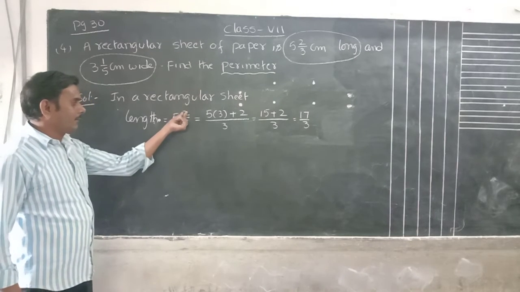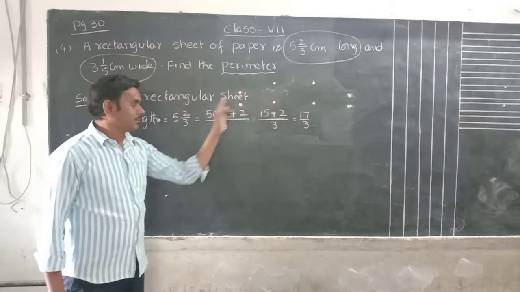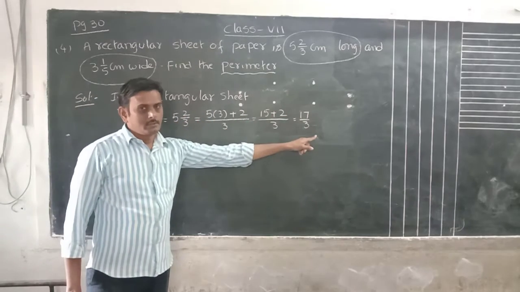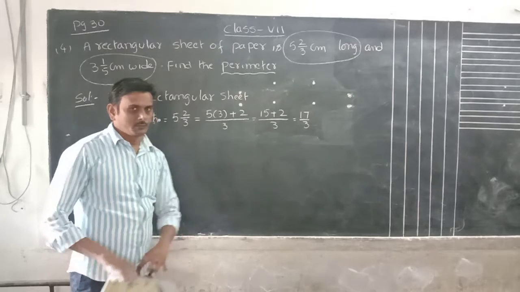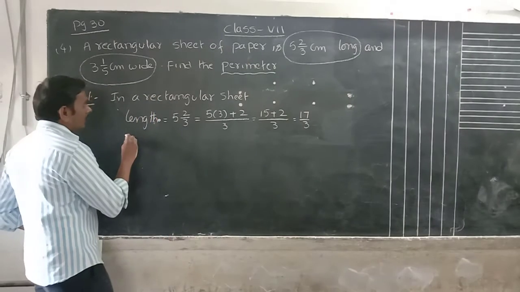Multiply these two and add the 2. Without doing this calculation, we can also write it directly. Now, breadth equals